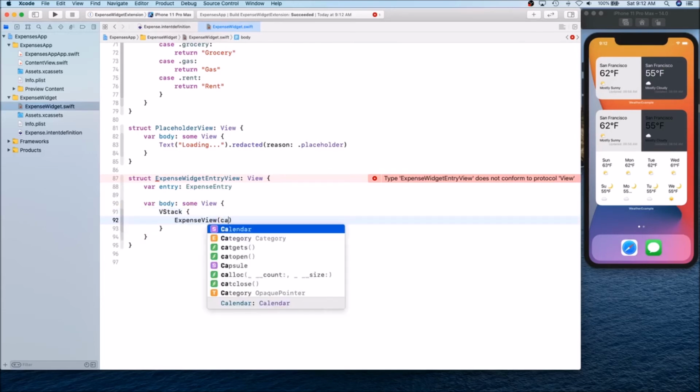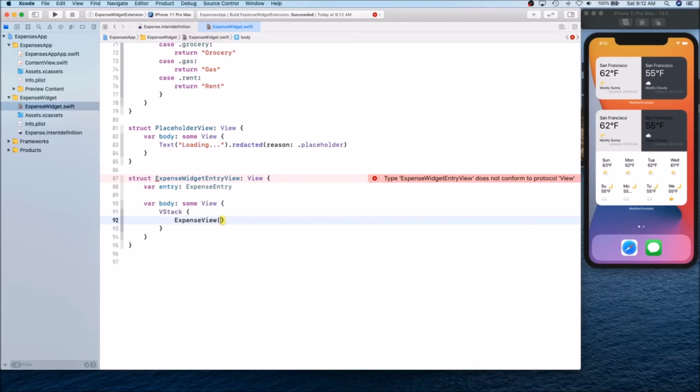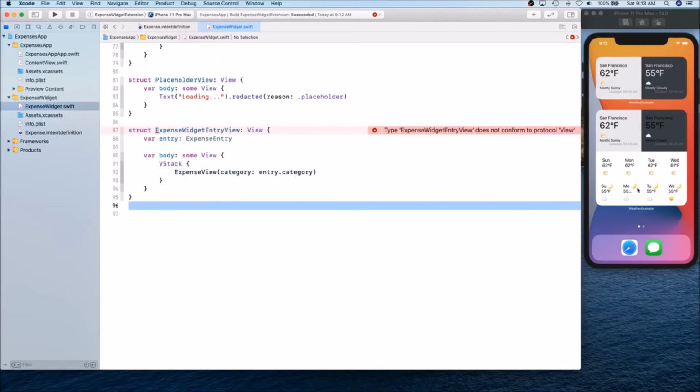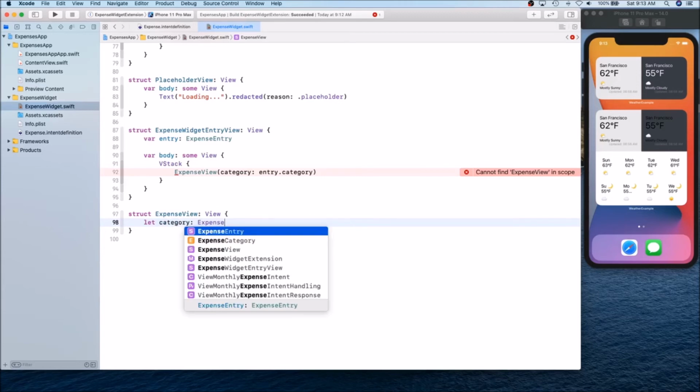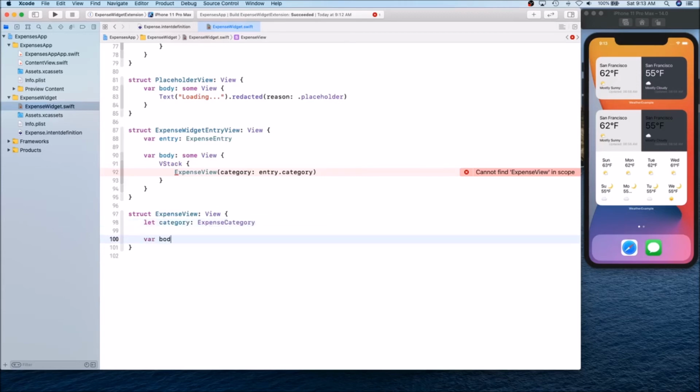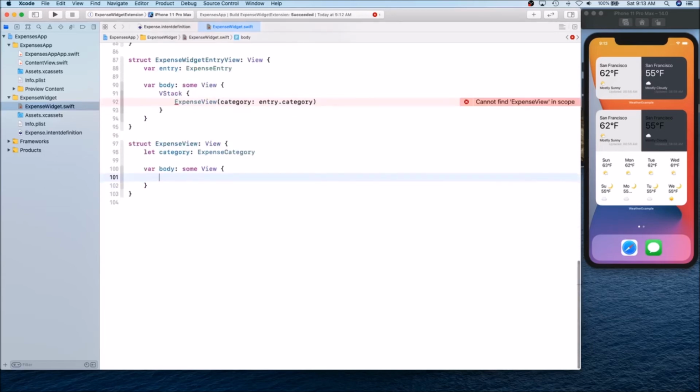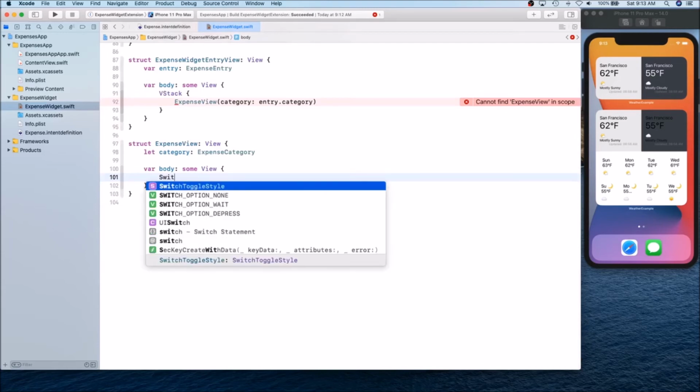Let's create our expense view that takes category. So category as entry.category. Okay, let's create this view right here, and we're gonna be expense view type, and it takes category. Like that, and returns body. And here we're gonna actually have our switch statement